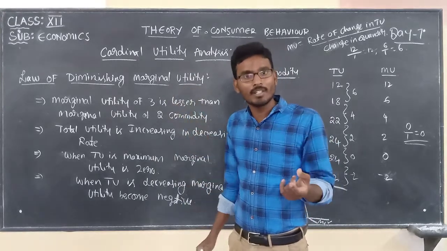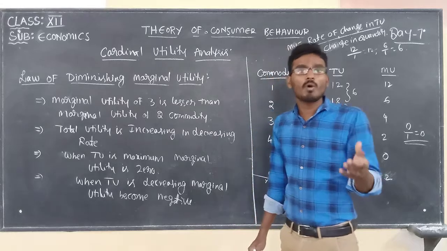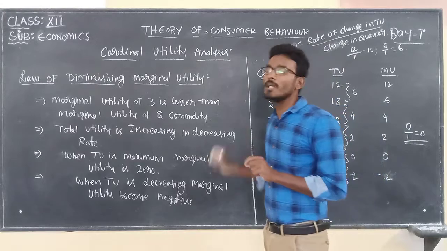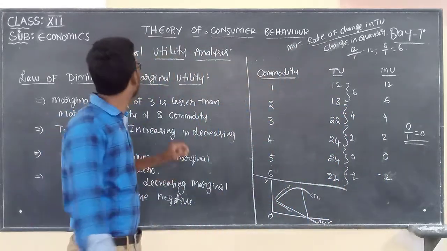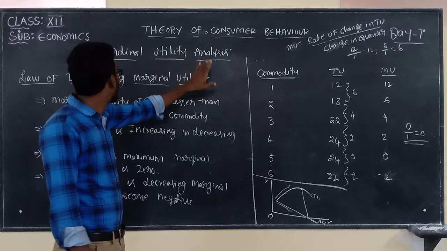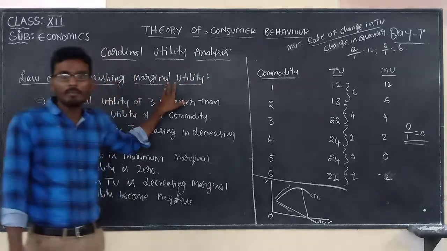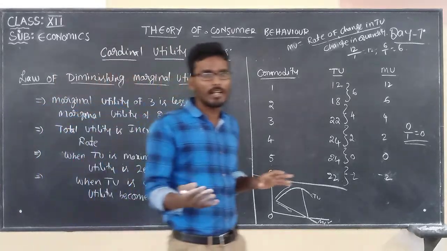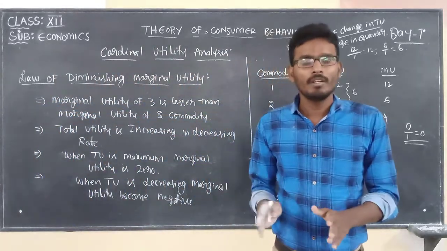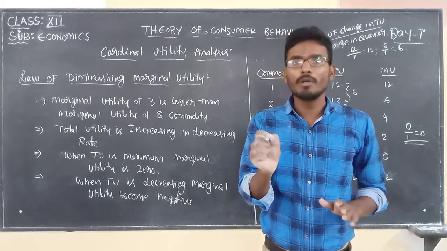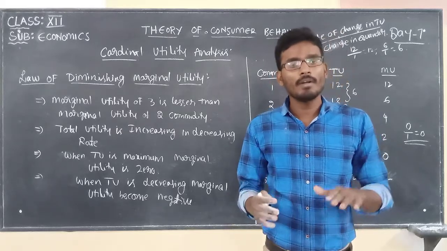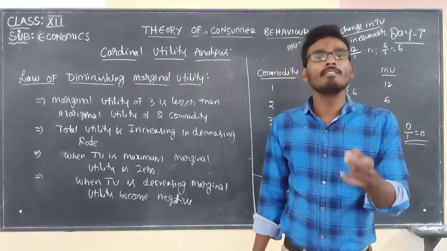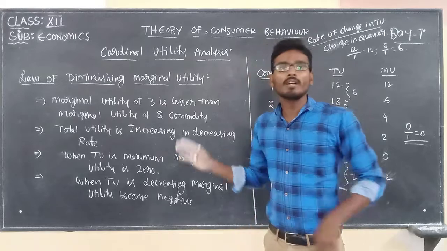Here, what is the assumption? The consumption of other products is constant; that is the assumption. So this is a very important theory under cardinal utility analysis, the law of diminishing marginal utility. You can observe this theory in your practical life. If you continuously consume one product, finally what happens? Whatever marginal utility is derived from the extra unit will decrease. That is all about this theory.